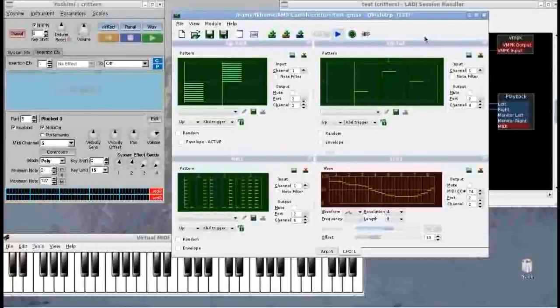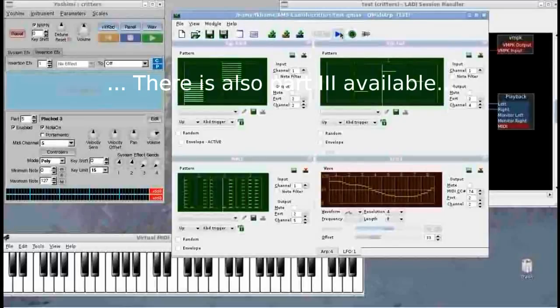Okay, this is all for today. Maybe I will do another demonstration video explaining the synchronization capabilities of this program, and I hope